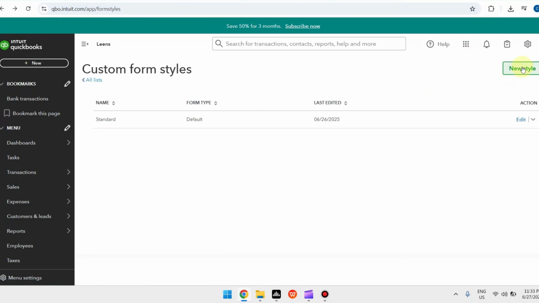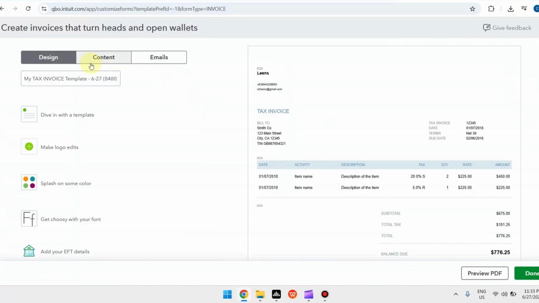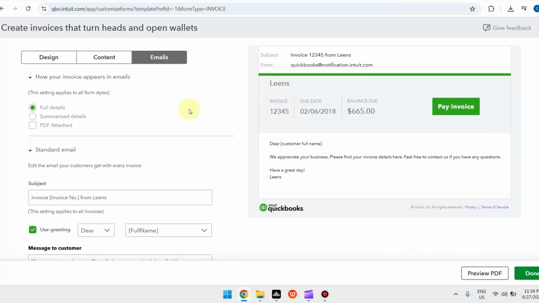And from here, we can start by selecting a new style. I'm just going to choose invoice. Next, from the three options, we're just going to switch to emails. And from here, you can start by customizing how your invoice appears in emails. You can choose to show full details, summarize details, or if you want a PDF attached, just click on the